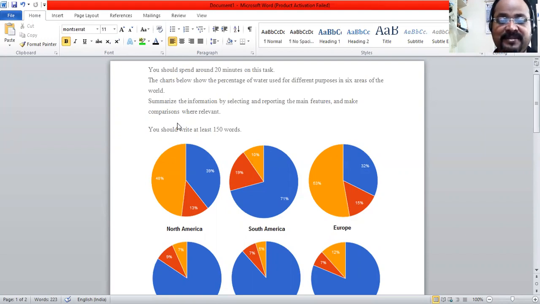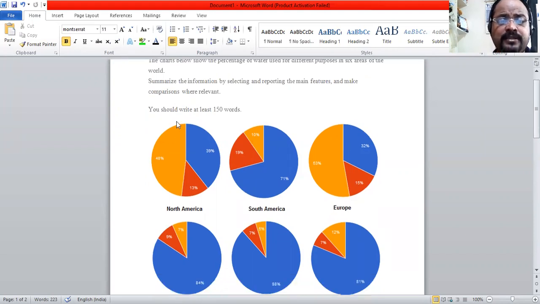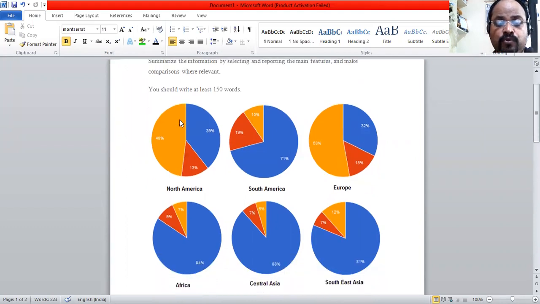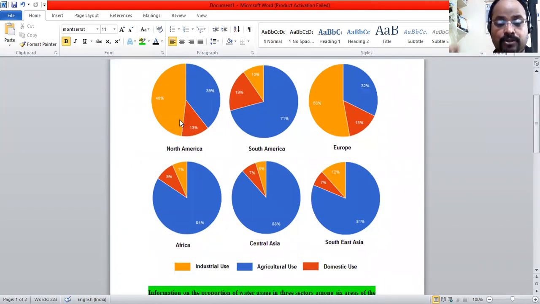Today we are going to discuss an Academic Task 1. This is a multiple pie charts. We have 6 different pie charts here, which depict the usage of water, the rate of water which is used for 3 different purposes, that is industrial use, agricultural use, and domestic use in 6 regions of